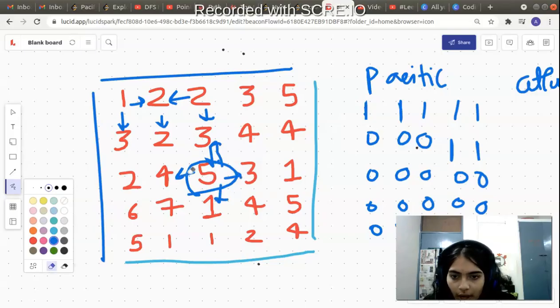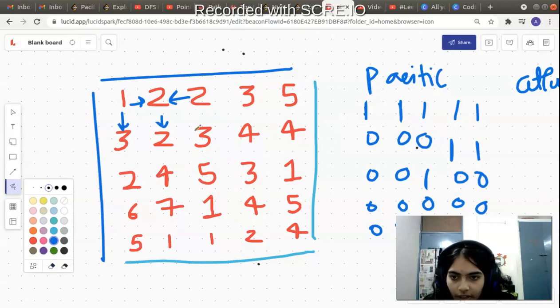So now what is going to happen is, first we will change this to 1 because water can reach here. Now see, the left neighbor will simply return back the function call because 4 is smaller than 5. Water cannot reach this cell via 5 from the Pacific Ocean. Now, similarly, its down neighbor will also return. Its topmost neighbor will also return because all are having smaller values than it. Its right neighbor will also return. 3 is also smaller than 5. So now this function call will end. This function call will end. This function call will end.